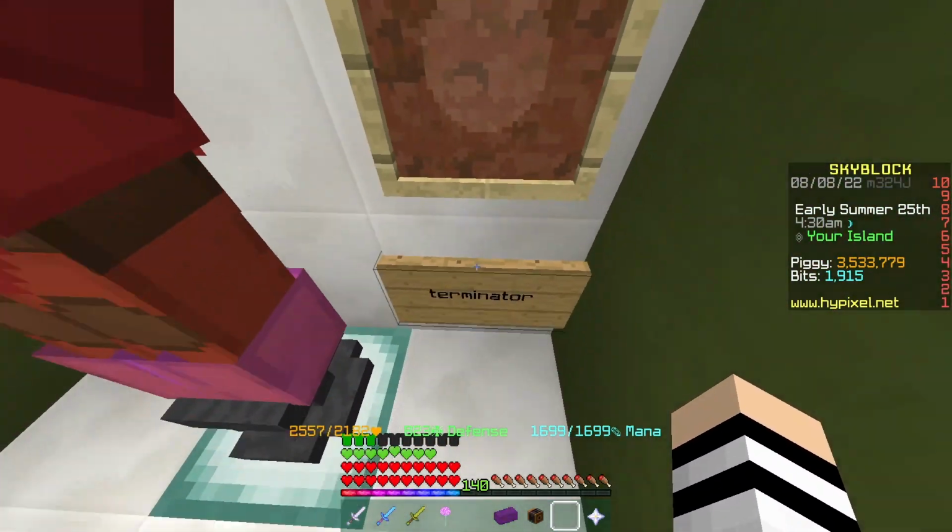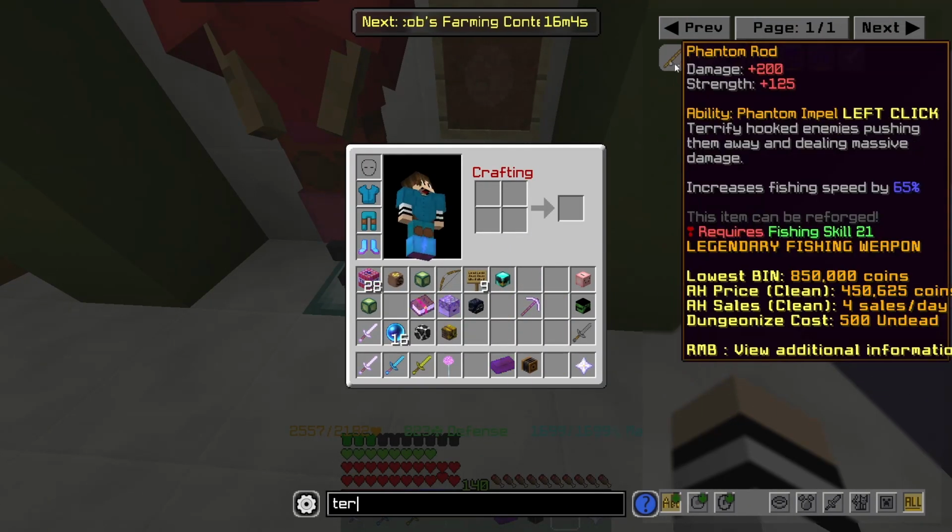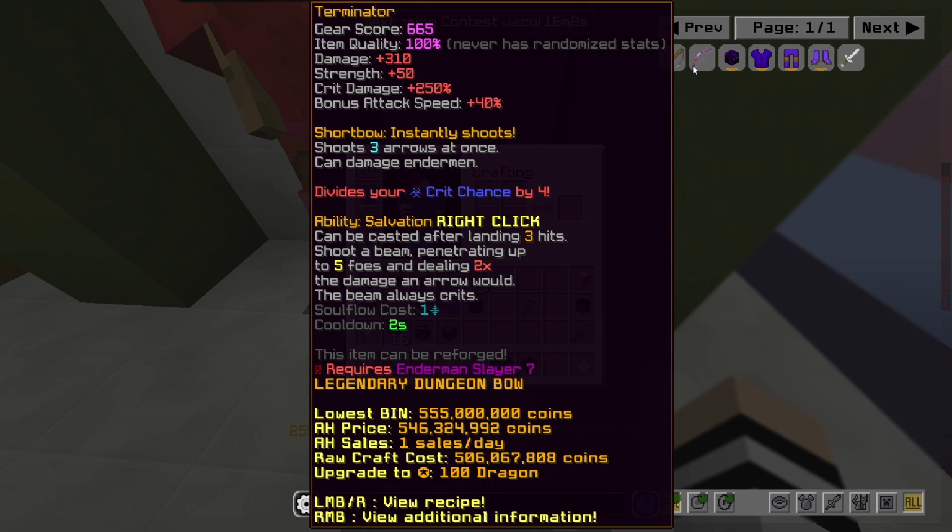And in terms of the bow, we're going to be looking at the Terminator bow. Now this thing is ridiculously OP. But it costs a lot of money, and it also requires Enderman Slayer 7, which is absolutely insane. So this thing is basically just a Juju Shortbow on steroids. It's like 250% crit damage base without any reforges, 40% extra attack speed, 310 damage, 50 strength,